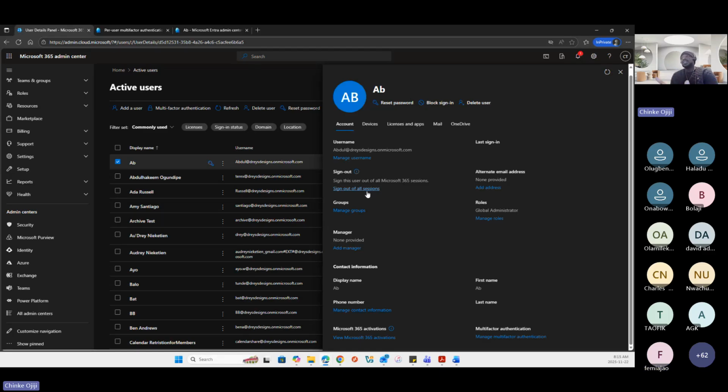Now, but if you say you want to go and reset the password first, you don't know what application these guys are using. Most times we have sessions logged in, and when you reset the password, it's not going to ask that session to re-authenticate immediately.